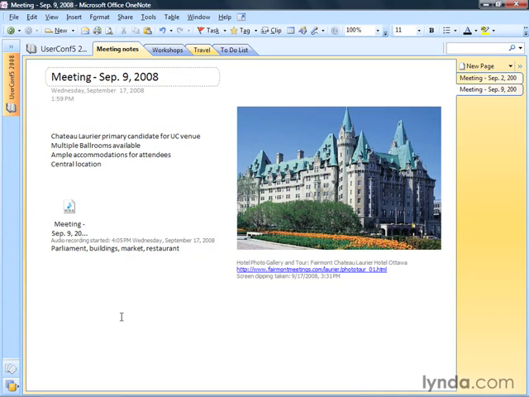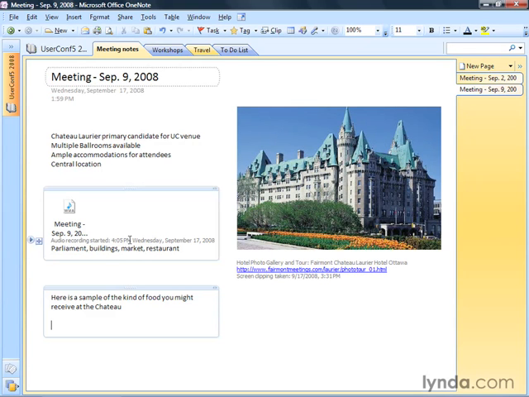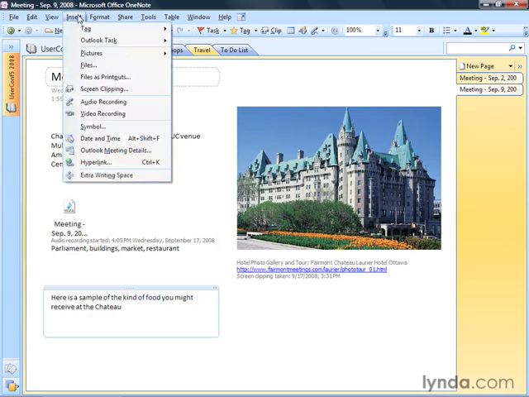I'm just going to click down here below my audio recording from the previous lesson and type in, here is a sample of the kind of food you might receive at the chateau. I'm going to hit enter a couple times, leave some space, and that's where I want my image to go. So I go up to the Insert menu, and you'll notice a couple of options here